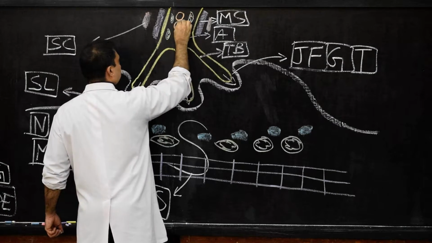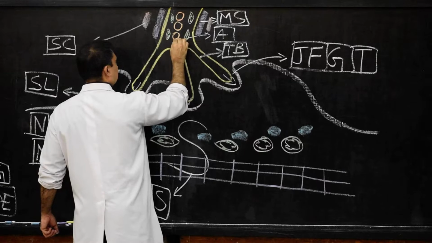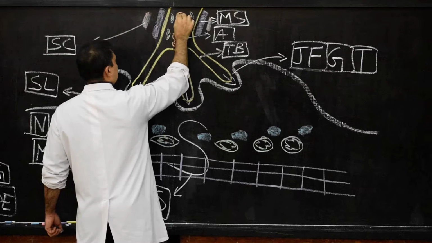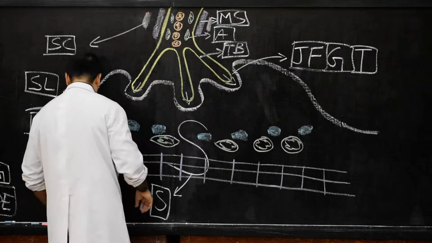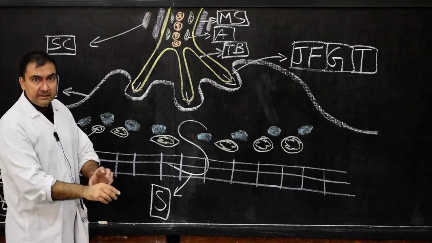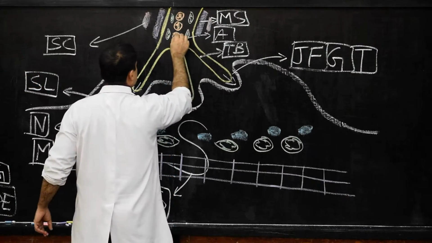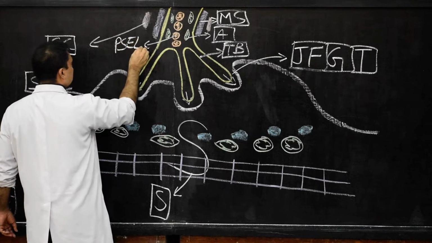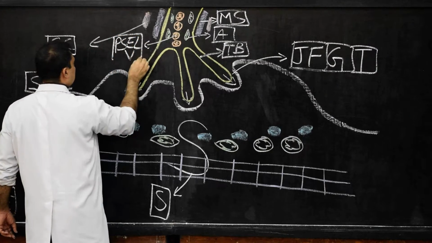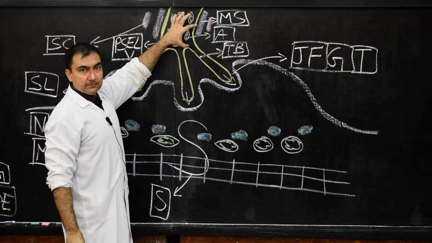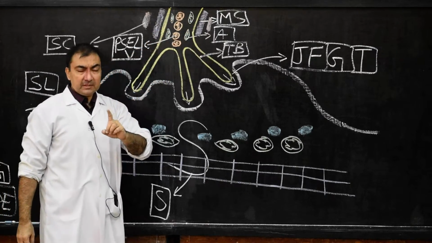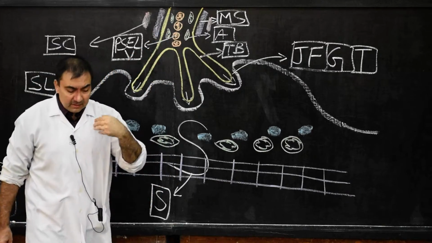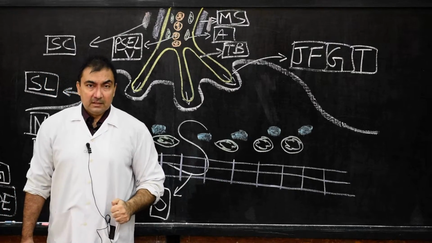So I am going to draw with orange color. These are the presynaptic electron lucid vesicles, and they will carry acetylcholine. So they will carry acetylcholine, and here I will mark these vesicles as presynaptic electron lucid vesicles. They are present within the axoplasm. So here the structure of axoplasm contains mitochondria as well as presynaptic electron lucid vesicles having acetylcholine.